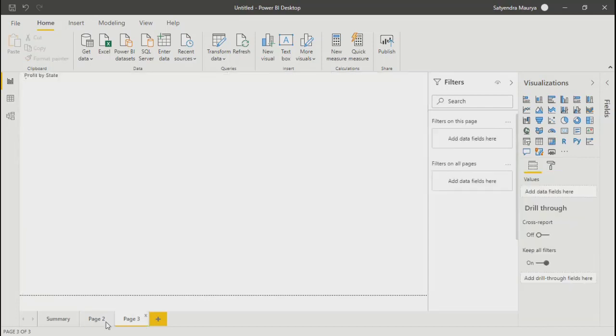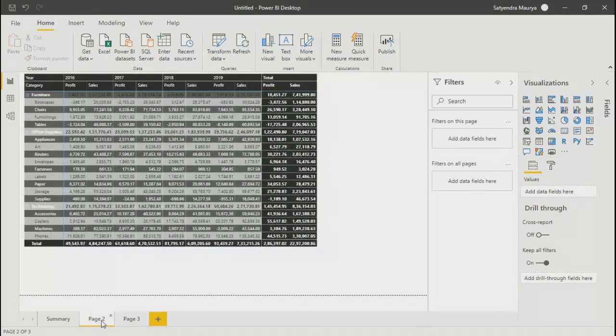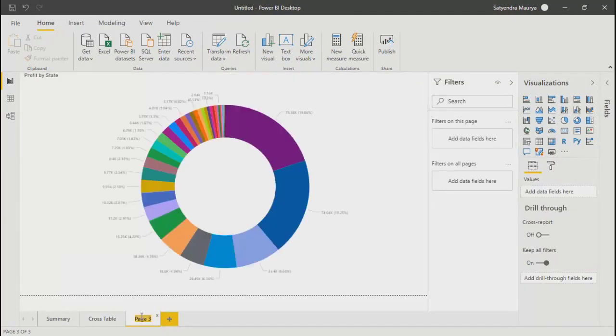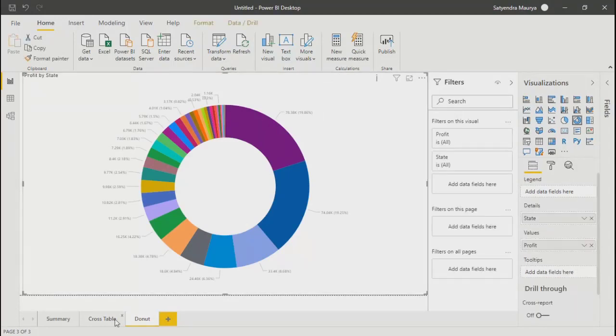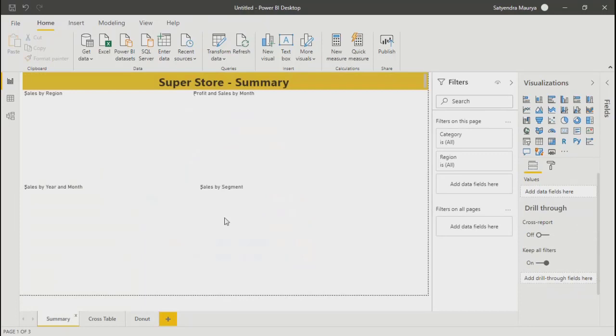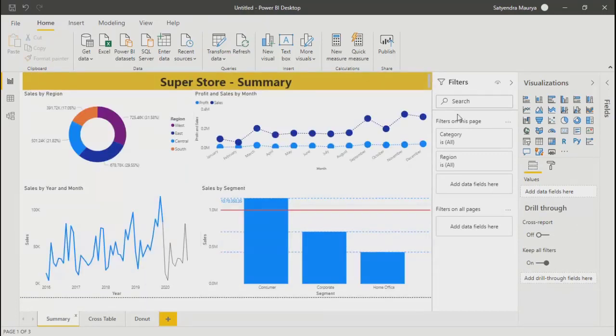So I've got my 3 pages ready. I will call it cross table. This I will call donut. Now if you see here, over here we added one filter that was on this particular page.